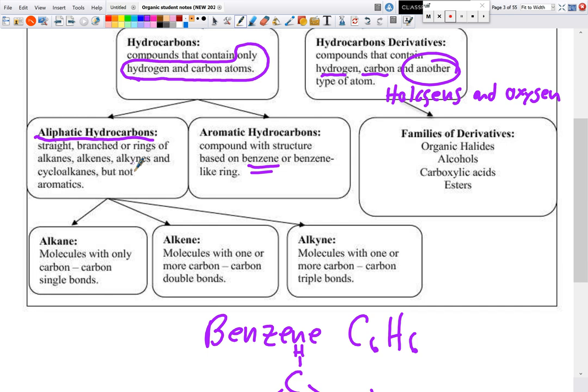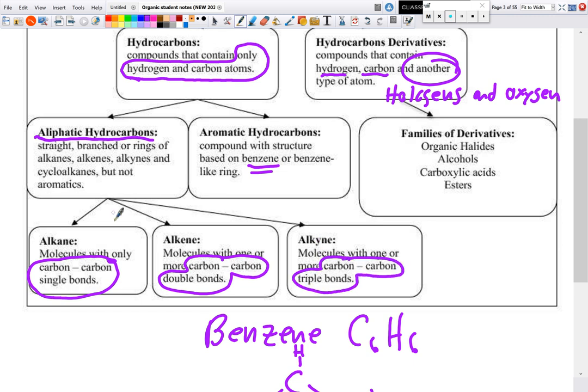I know you're looking at this like, oh man, that was a lot of words getting tossed out there, but we have definitions of each one down here. An alkane has all carbon-carbon single bonds. Our alkene family is going to have carbon-to-carbon double bonds,